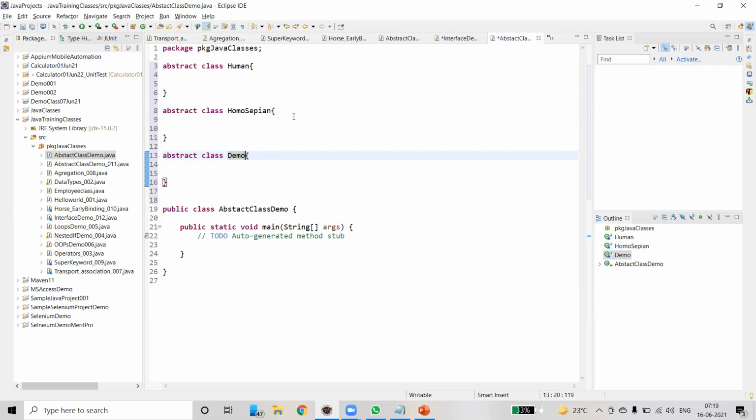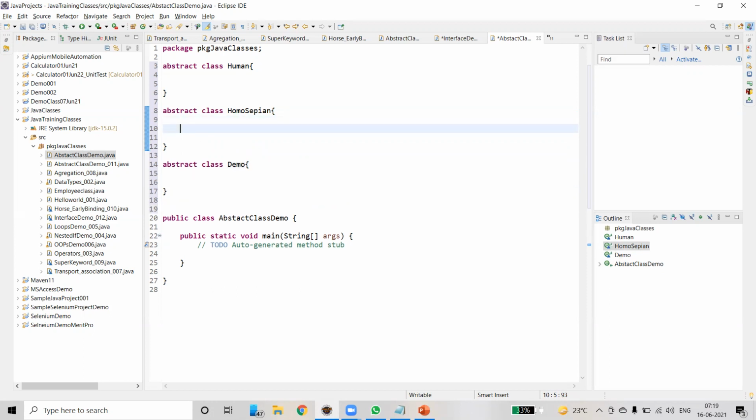Second thing, in Homo sapien, let's see, public abstract walking. Spelling mistake. Okay, public abstract walking.